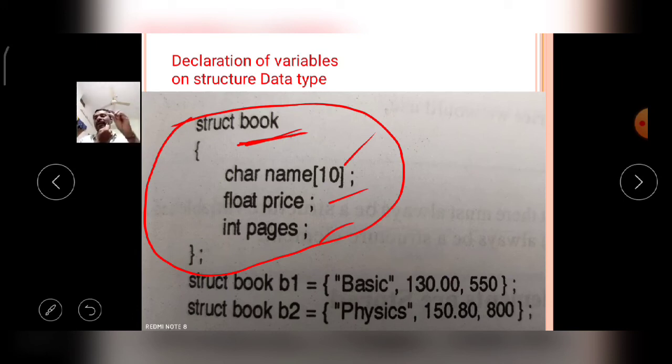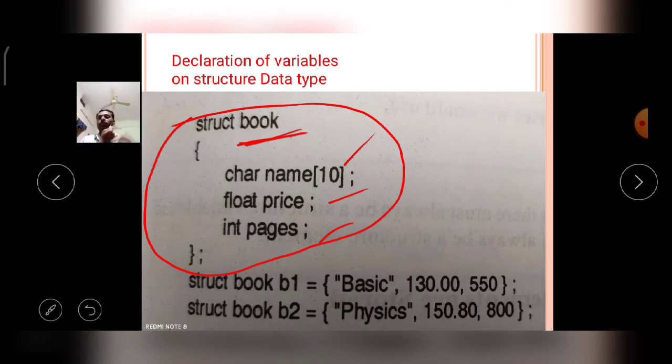The physical representation, meaning the memory allocation, of a particular data type is called the variable. That's why we say a variable is the name of the memory location in the random access memory, RAM. Like an integer data type, like an array, struct book is also a user-defined data type. So now the user-defined data type declaration is completed.